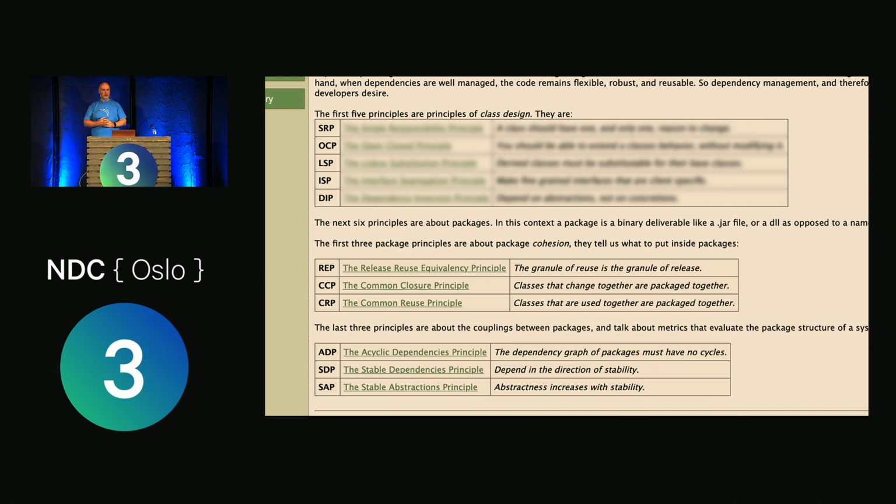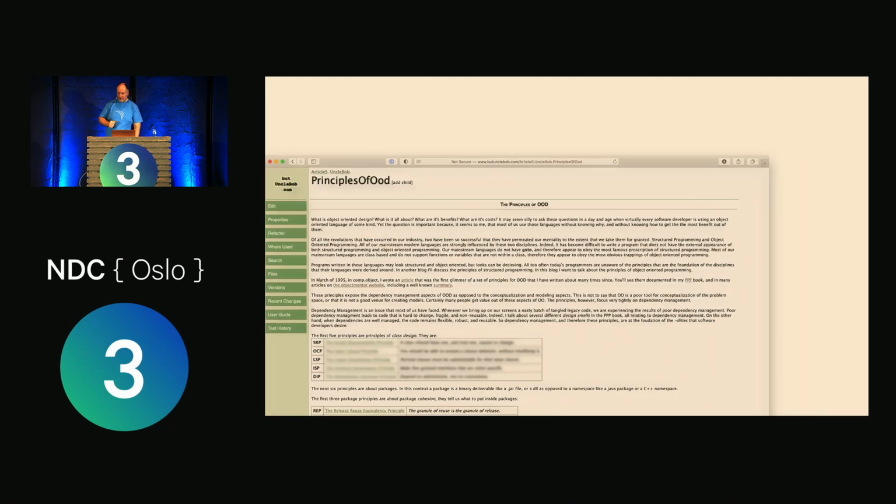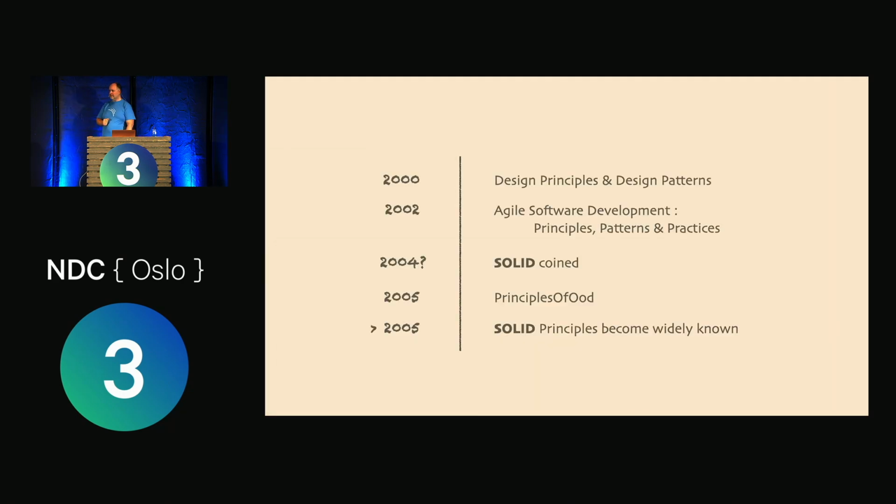What happened in the meantime, though, was he had a conversation with Michael Feathers. Neither of them can remember exactly when it was, so I can't pinpoint that. But sometime between 2003 and 2005, Feathers said, you know, if you just change those last two around, you've got a nice acronym there. This is the first that I could find he actually put them in that order. Sometime after that, he started talking about the solid principles. So we've got a bit of a timeline, all these things that we just talked about from 2000 to 2005 and on.